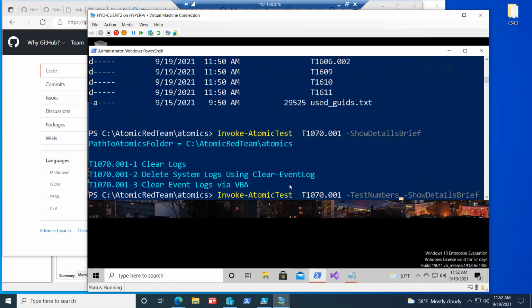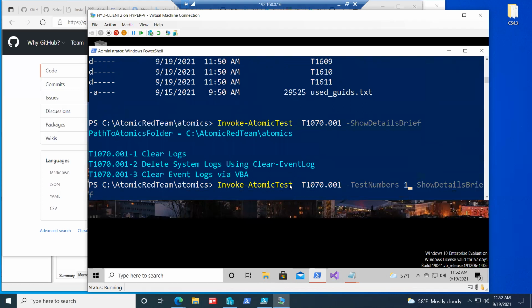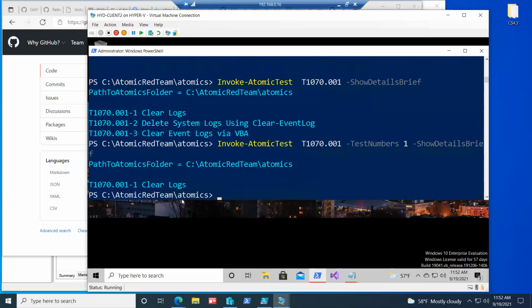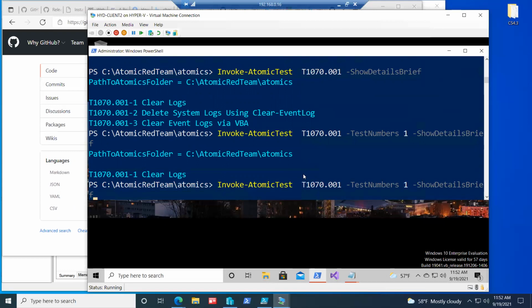So if we go with test numbers and then 1, I'm still going to use ShowDetailsBrief because I want to make sure I got the right one. Okay, cool, that's the one I want. Great, fantastic. If I do this again and backspace and just say I want to see what is in that command,